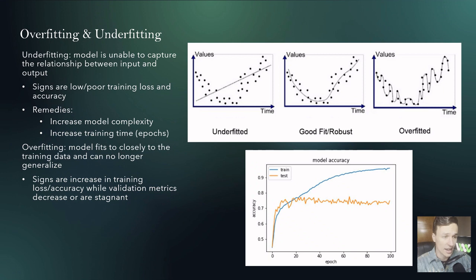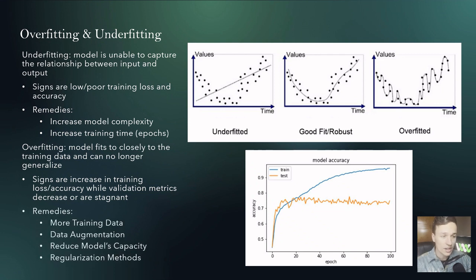As you can see, the training accuracy is continually increasing while the validation or test data is constant and may even be slightly decreasing. This is because during training, your model will continually update itself to generate better predictions on the training data, while the validation or test data acts as new inputs that the model has not seen or been trained on before. There are quite a few remedies you can use to combat overfitting, and the first is